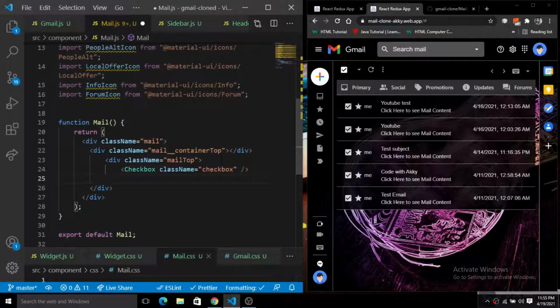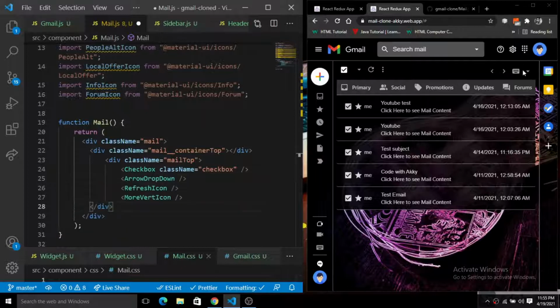So this is the mail top, and then we have a mail right. The mail right has the following icons, so I'm going to create another div. Inside of this mail container top, we have this mail top right, and here we have a chevron left icon.